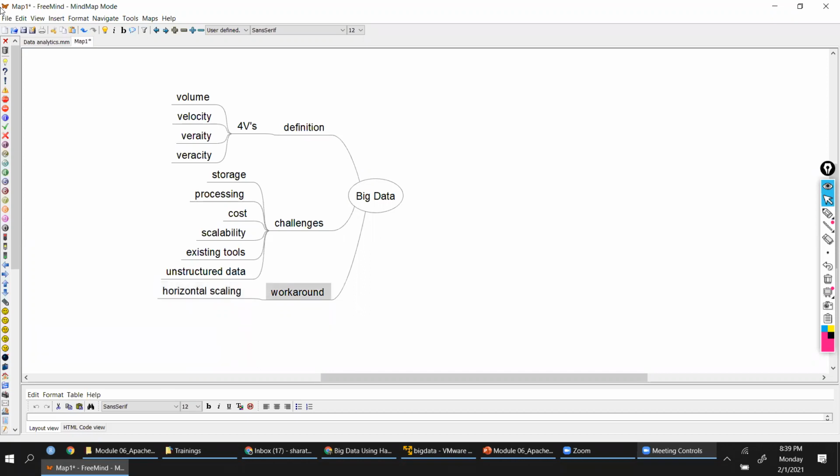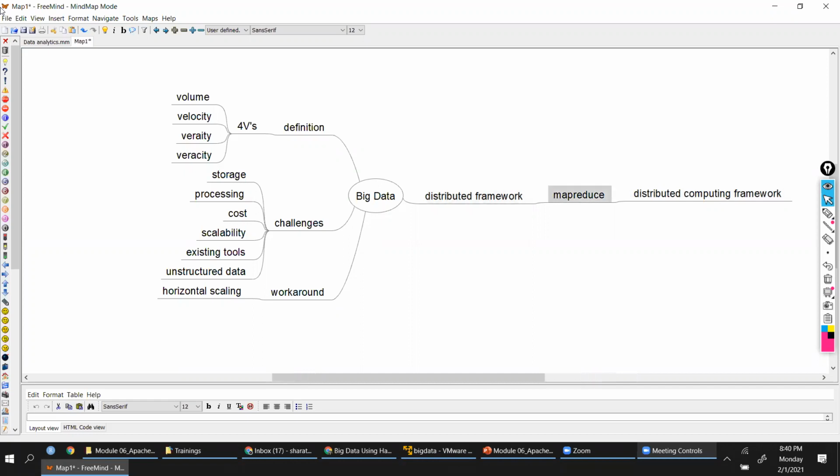Now, using this concept, organizations like Google, right, have come up with distributed framework concept. So initially they started with map reduce concept. Now this is distributed computing framework which was initially launched.